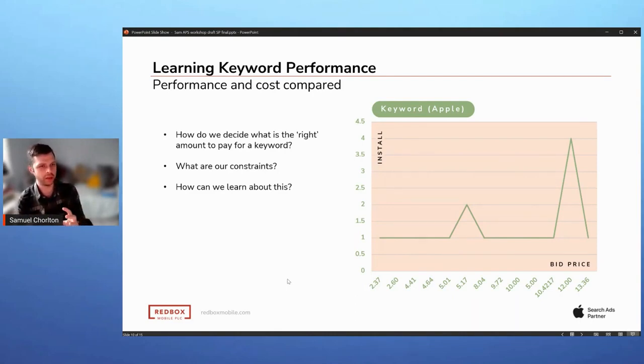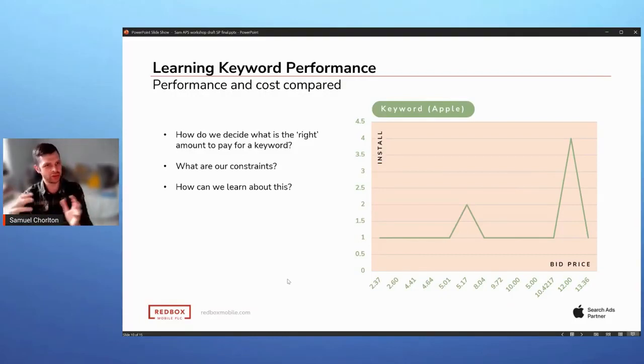It also becomes very specific to you and your objectives and the constraints you're trying to run under. But it means that by doing this kind of testing process, we can learn quite a lot. And one of the things that I didn't mention earlier, but is worth being aware of, is no one app can win all adverts. You can win quite a large percentage. You might be able to win 90% of the share of the impressions, but there's still 10% that you can't win.